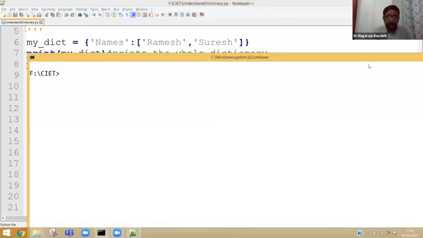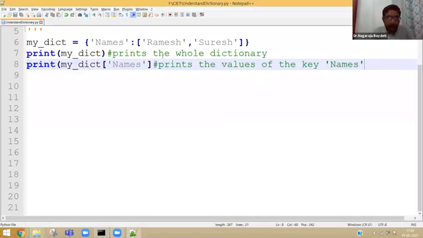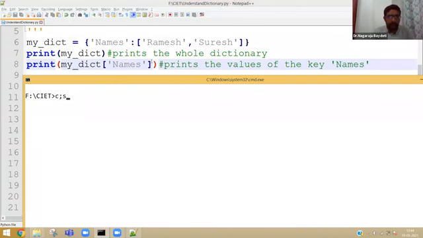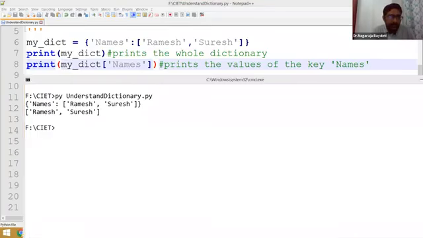Let me execute and show you the output as well. Oh, I forgot to put the parenthesis at the end of the print. Now when I am executing, the line number 7 gives me the entire dictionary, but the print statement in line number 8 gives me only the values Ramesh and Suresh.